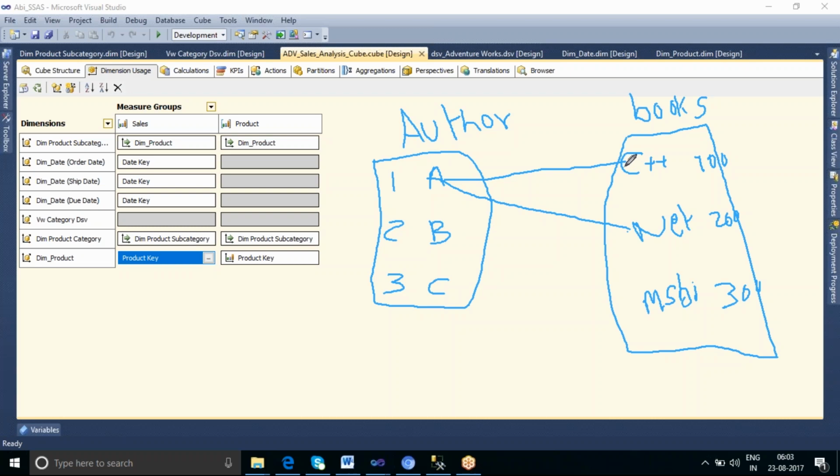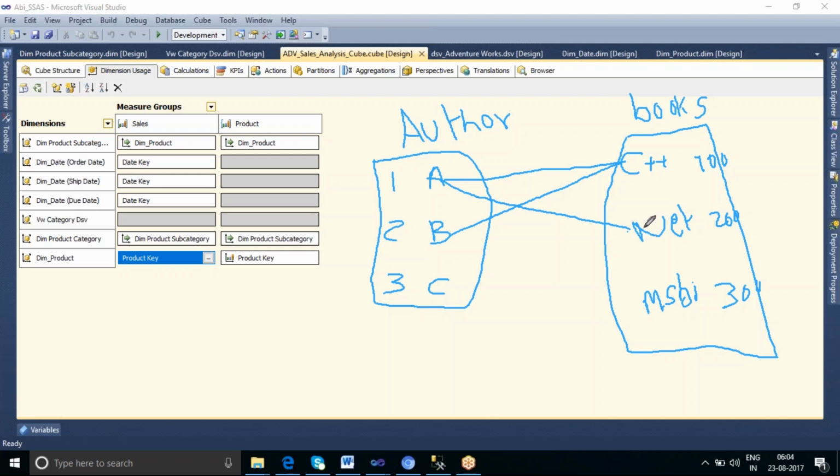Let us say the C++ book was written by author A and author B also. So C++ contains two authors, A and B, and A himself has written two books. He is the author for C++ as well as a part of the .NET book.